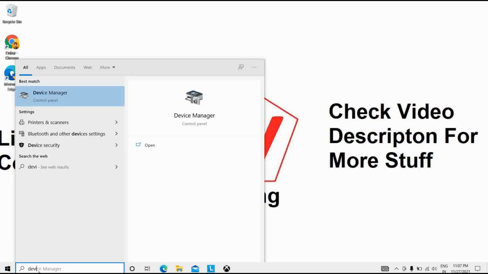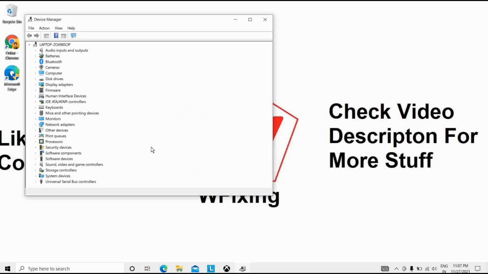We have to open our Device Manager from here, and after that we have to update drivers. If a process is still using too much CPU, try updating your drivers. Drivers are programs that control particular devices connected to your motherboard. Updating your drivers may eliminate compatibility issues or bugs that cause increased CPU usage.